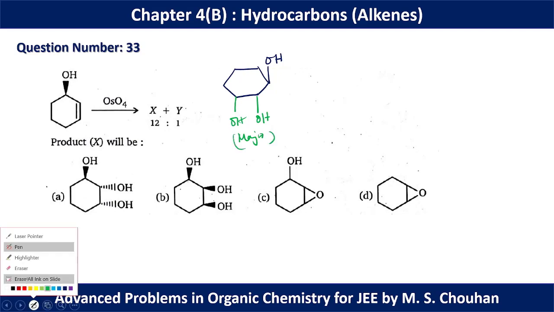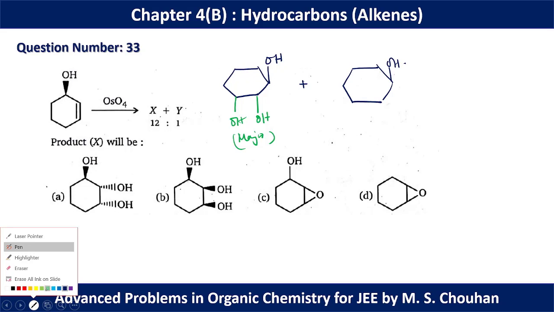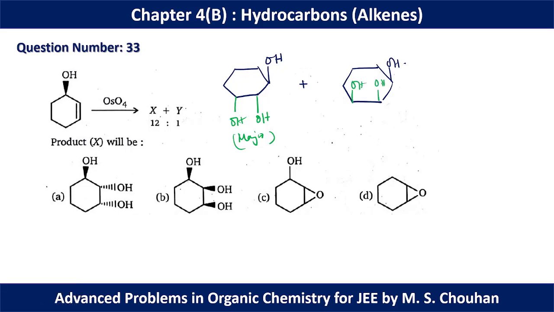And this one will be the other product. We can draw OH. So this is going to be our minor product. Okay, we have to choose the major product,